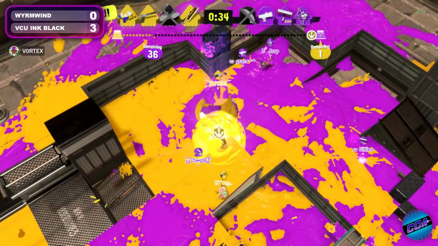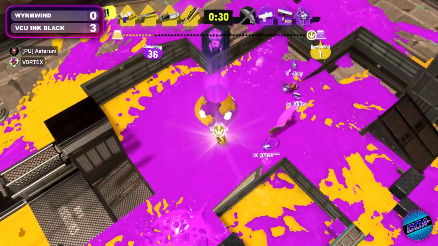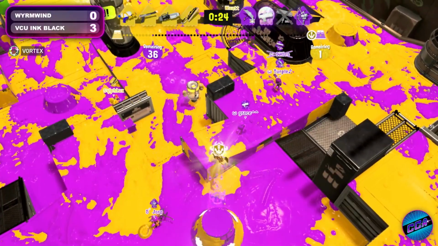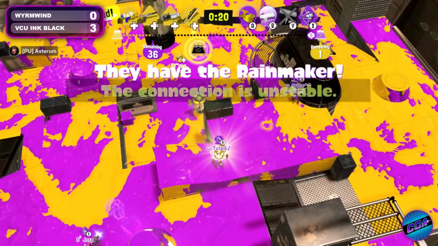At this point, this is a great situation for Ink Black to be in, because all they have to do now is just hold off for 30 seconds, and it has to be a knockout to win for the side of Wyrmwind. There's not a lot they can do, but they can still try. This could go either way still. Absolutely, but it's going to be very hard for Wyrmwind to get...